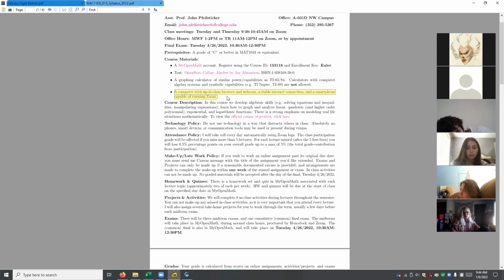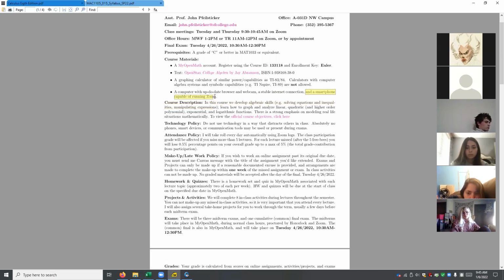The final thing that you're going to need for this class is a computer with an up-to-date web browser and a stable internet connection. The stable internet connection is actually quite serious. You saw for a second there, my internet connection dipped at the start of class. It's important that you have a backup system. So what I do is I have my cell phone that's capable of running a hotspot, and that's what I use for my backup. It's not terribly important for the lectures, right? If your internet goes out for a minute and you get booted, that's okay because I record the lectures and post them to YouTube. You can always watch the video and fill in your notes for the parts that you missed. But during a test, you really don't want to get booted out because then you have to come back through the authentication system. So I strongly encourage you to have a backup stable internet connection that you can rely on for the tests at least.